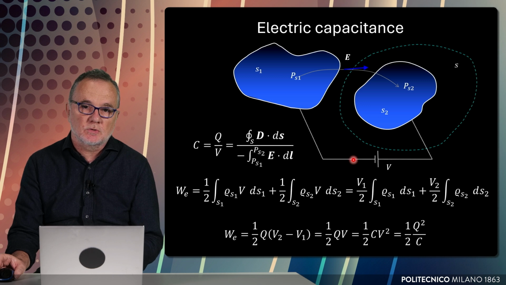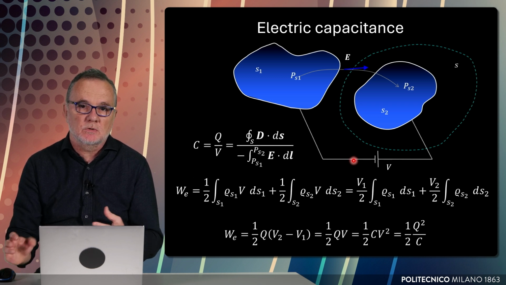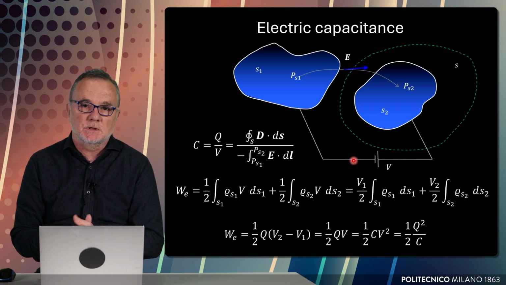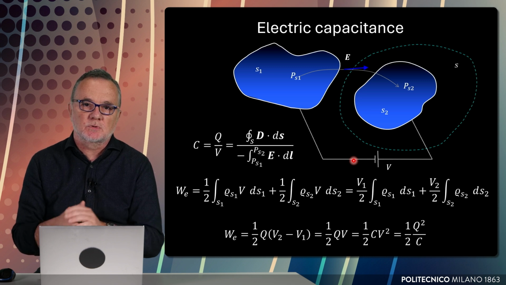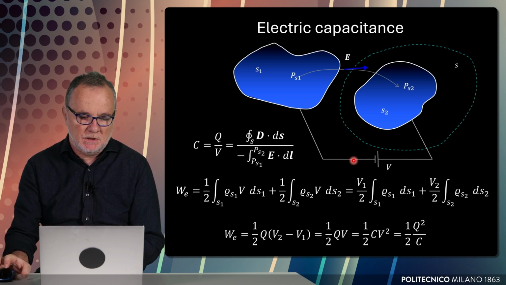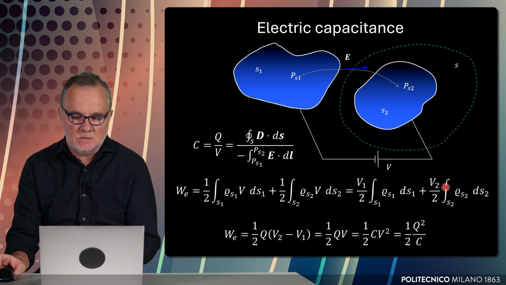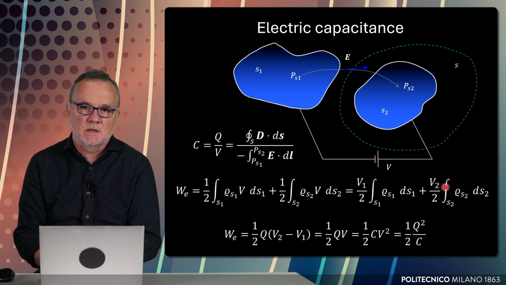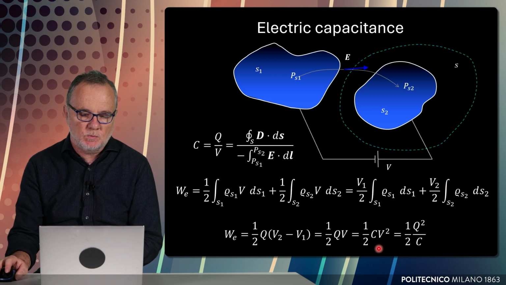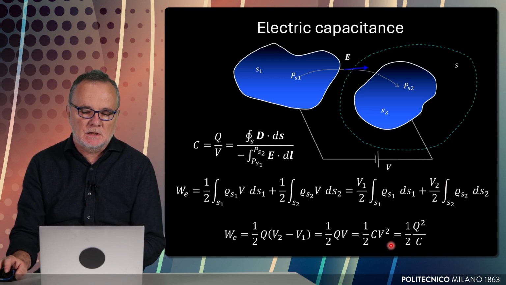The capacitance is also linked to the electrostatic energy because it is a quantity that relates to the capability of the system to store electrostatic energy. And in particular, we can write that the electrostatic energy due to a system of two conductors for which a given capacitance has been computed can be written as 1/2 the capacitance times the square of the voltage, or, if you prefer, 1/2 the square of the charge on the positive conductor divided by the capacitance itself. The unit of measurement for the capacitance is the farad.